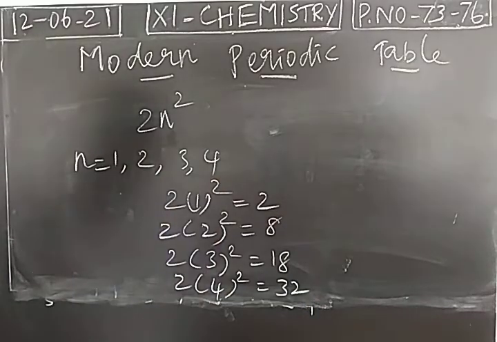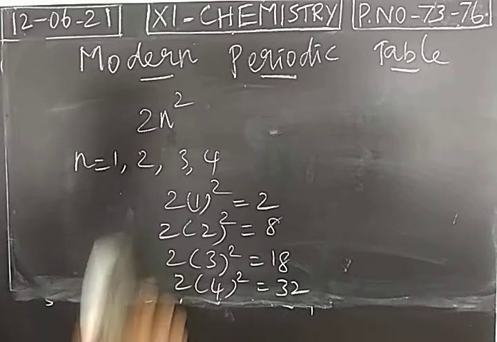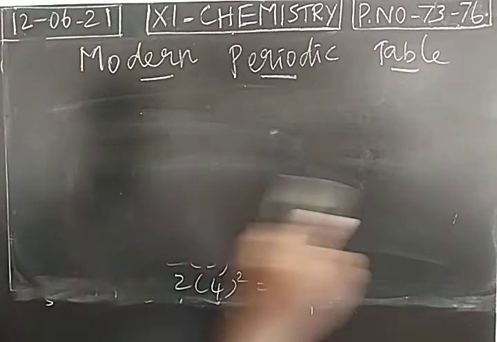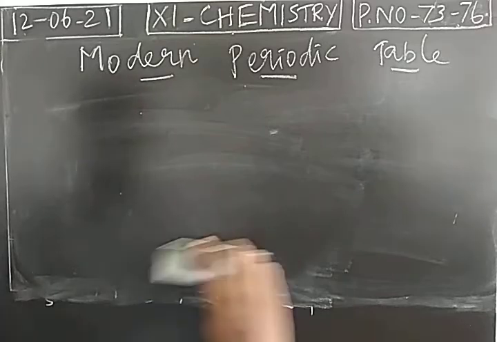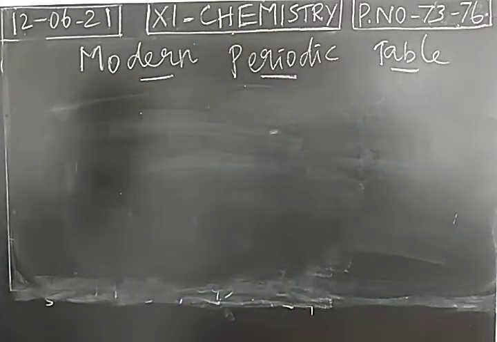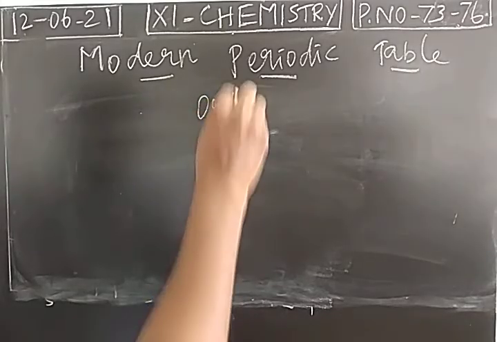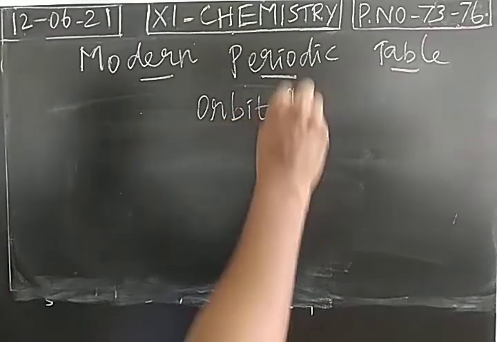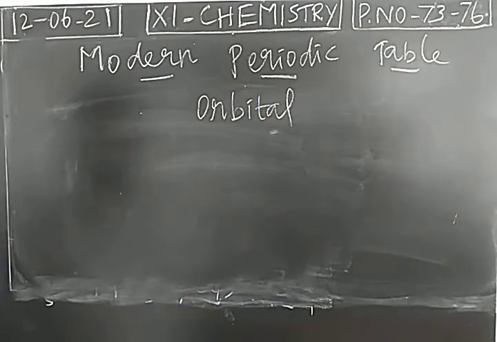All these basics you have already studied. Electronic arrangement or electronic configuration is nothing but how the electrons are placed in the shells. Up to 10th standard, you studied only shells and energy levels. In higher secondary, we will introduce one more word. It is called the orbital, or subshell. This will be introduced.